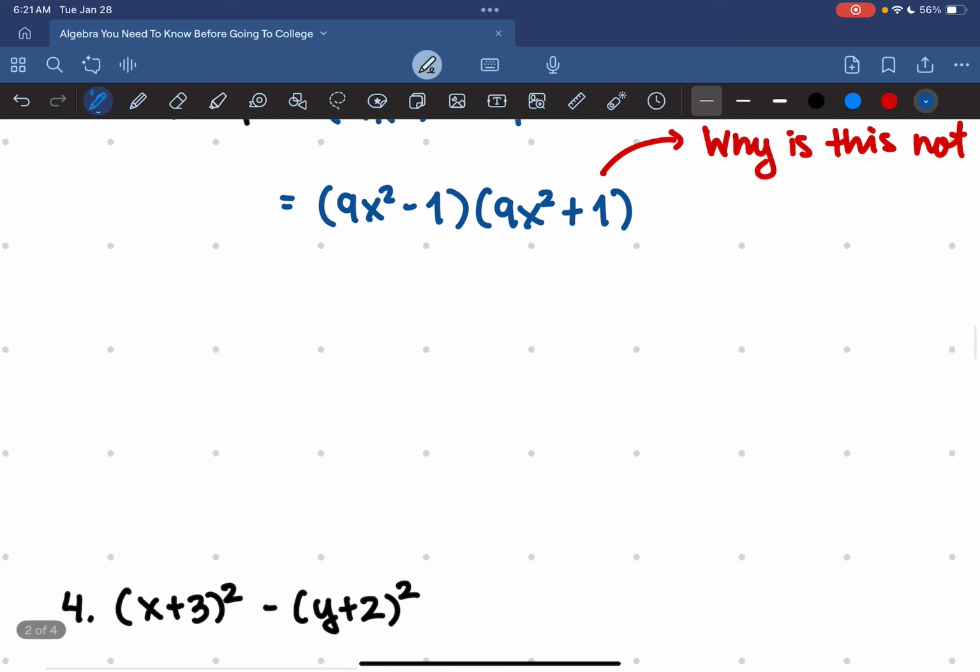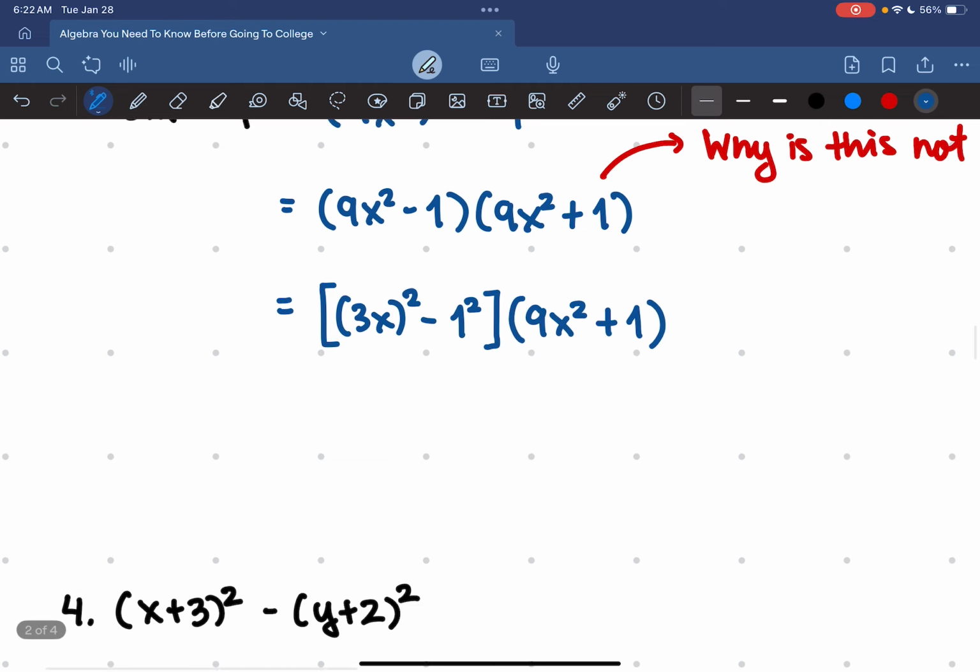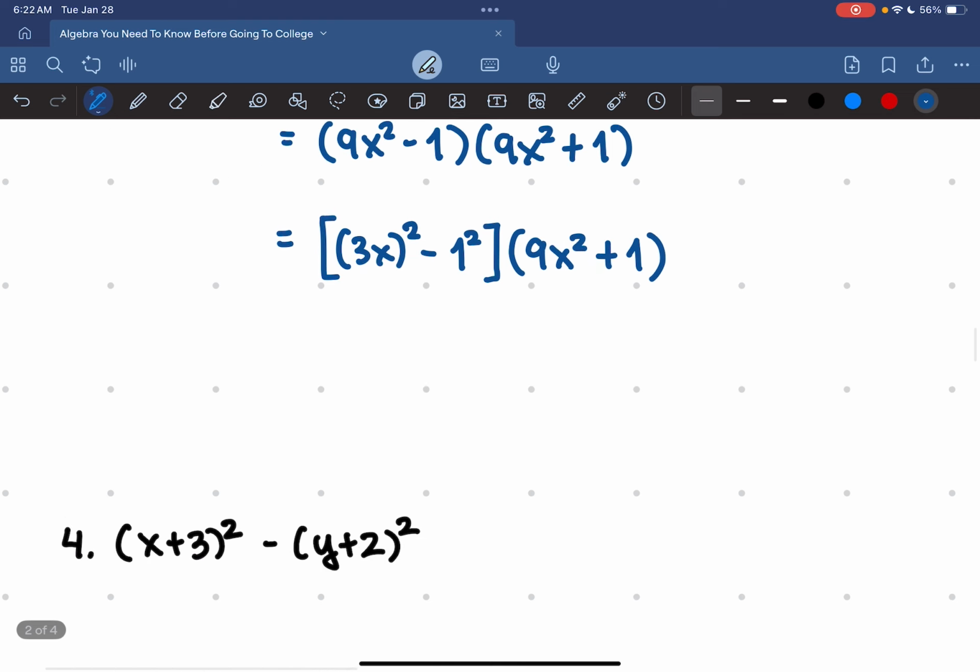So if we do that, we'll have 3x squared minus, again for technicality, 1 squared times 9x squared plus 1. Then apply the difference of two squares again, so we'll have 3x minus 1, 3x plus 1, and